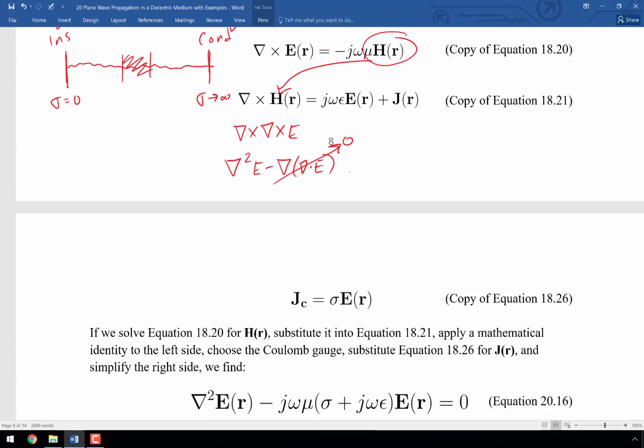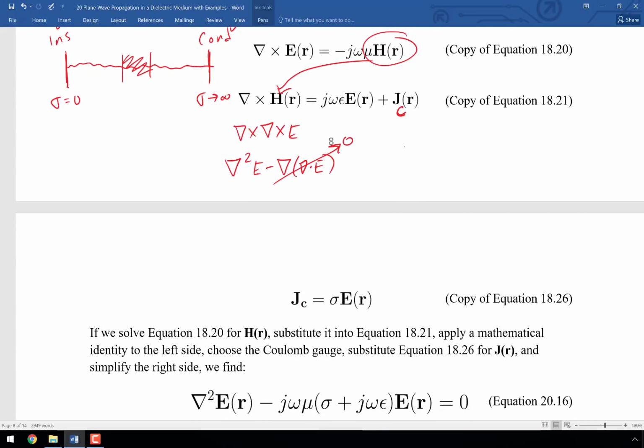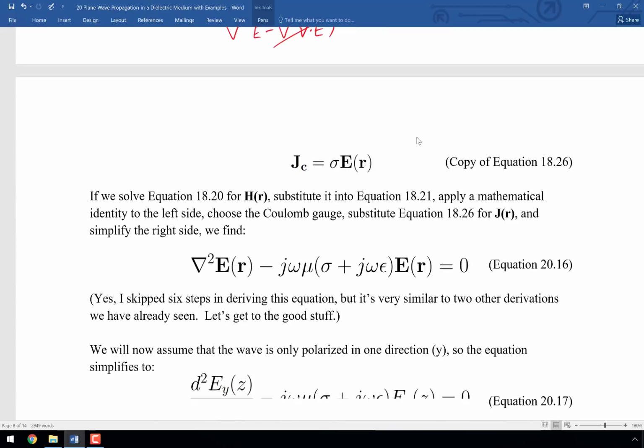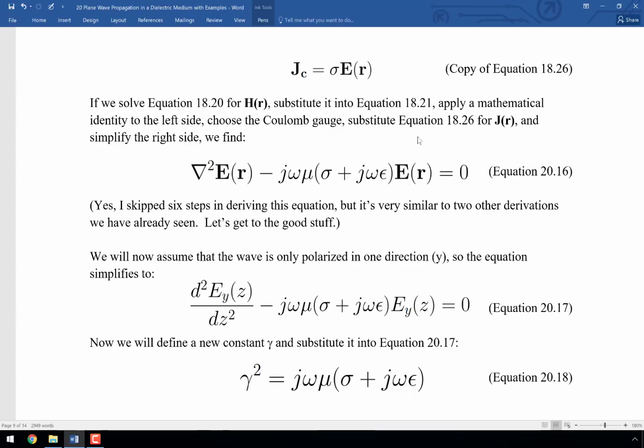Then we substitute equation 18.26 for J of R, because this J of R is actually J sub C of R, the conduction current. We simplify the right-hand side, and ultimately we end up with equation 20.16. About half a page of algebra is omitted there, but this gives you an idea of the steps that were followed. We're then going to further assume that the wave is only polarized in the y direction, so that this vector equation will reduce down to a simpler